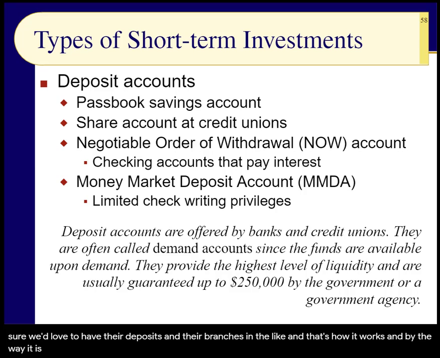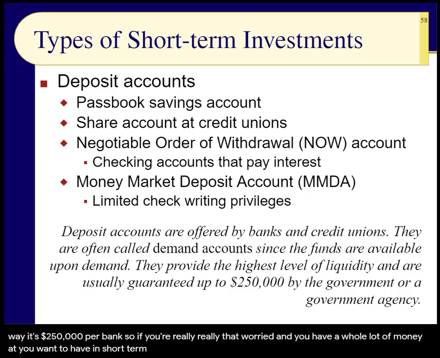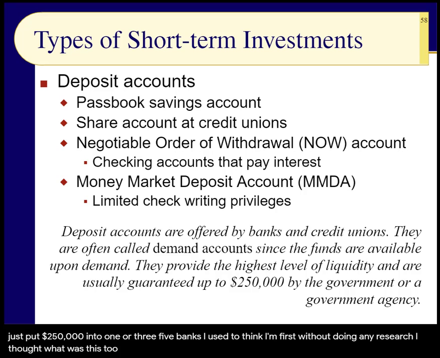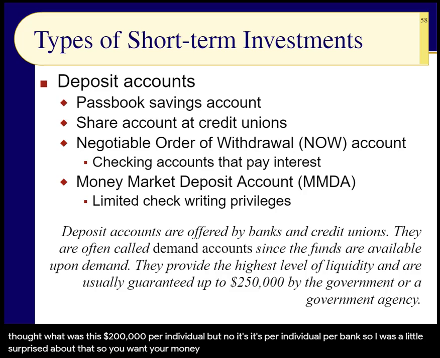And by the way, it's $250,000 per bank. So if you're really that worried and you have a whole lot of money that you want to have in short-term bank accounts or credit union accounts, you just put $250,000 into 3 or 5 banks. At first, without doing any research, I thought this was $250,000 per individual. But no, it's per individual per bank. So I was a little surprised about that. So you want your money to be safe? Put it in a bank,